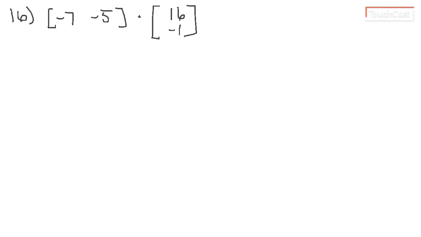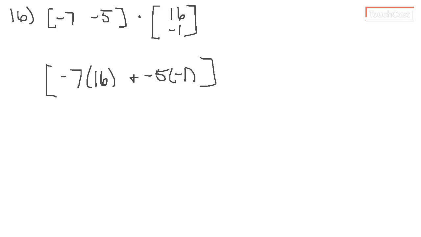Our resulting matrix is going to be a 1 by 1 matrix. So we're going to have negative 7 times 16 plus negative 5 times negative 1, which is going to give us negative 112 plus 6, which is just going to be negative,